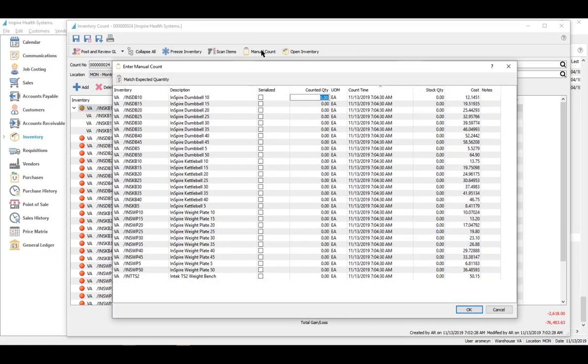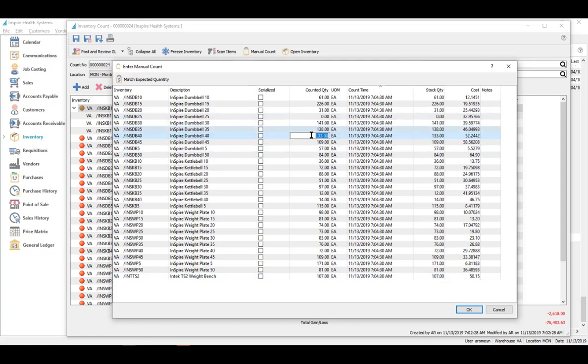So the other way of entering a count is by hitting the manual. So if you're entering these off a count sheet, and however you've got that count sheet printed, then you can sort these columns and just start keying in the amounts. So put in each of the amounts of the counts we had. And then the other thing you can do here is if your count is pretty well bang on with a few adjustments,